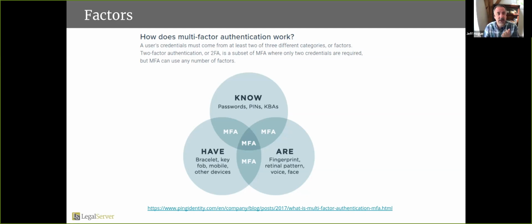It could be literally a bracelet or like a key fob. There are these little devices that have basically gigantic, super long passwords stored on a hardware device. So we don't support that natively. LegalServer doesn't, not really, but there are devices that do that.